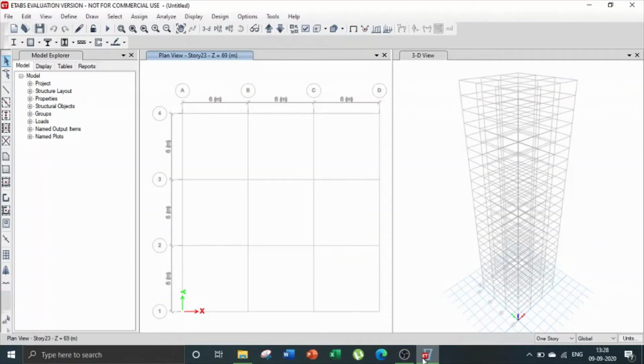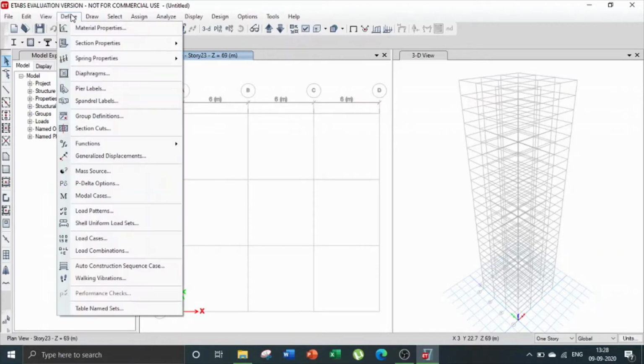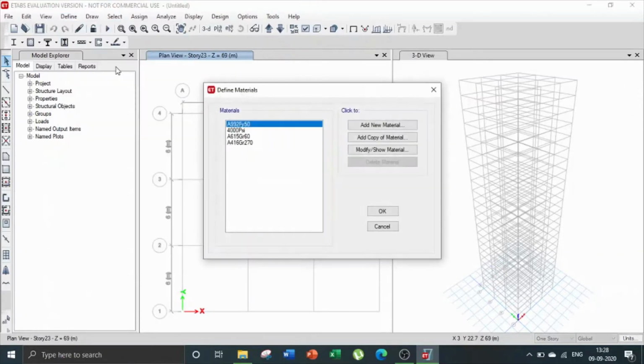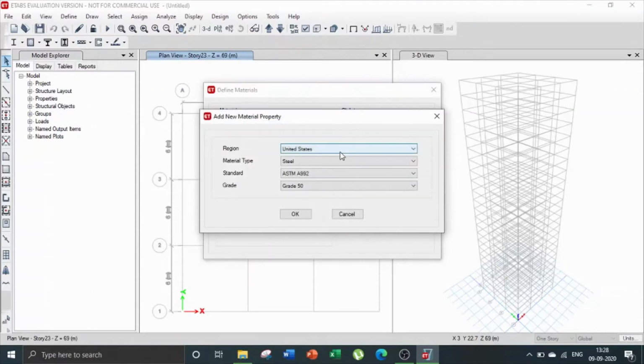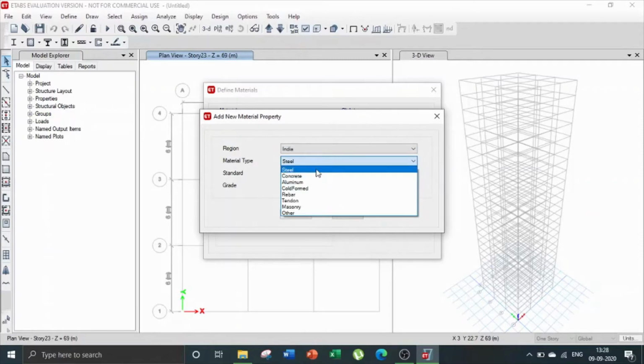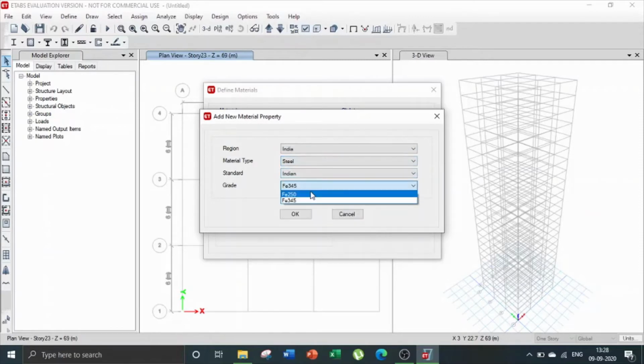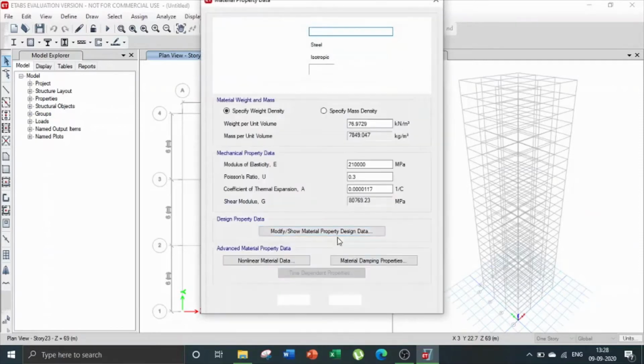Now you will see two windows. The first window shows the plan view and the second window shows the 3D view. Now we will define the material. Define material properties, add materials, change region to India, material to steel and grade Fe250. Click on OK.